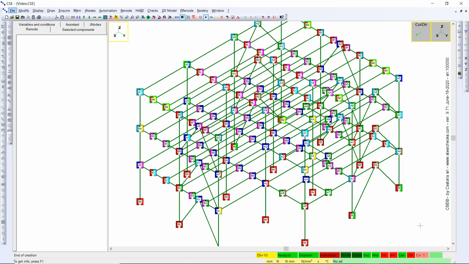In this movie, we are going to see how the different levels of the loads applied will change the automatic design result. In order to do that, we select one J node here with a secondary beam connected to a primary beam,